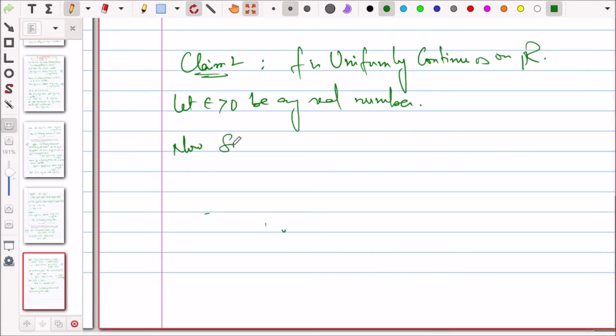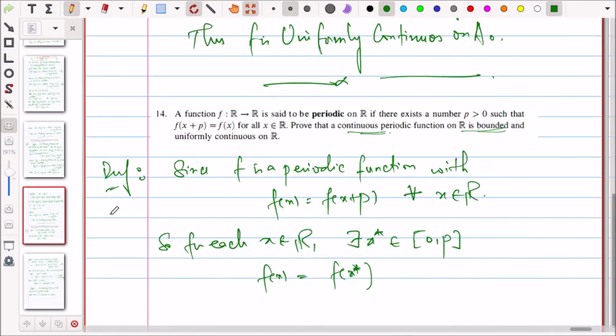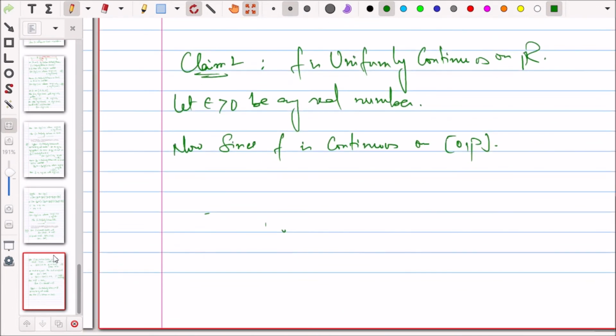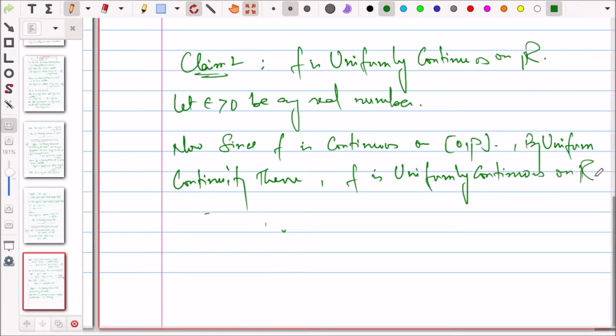now since f is continuous on [0, p], because we are given that the function is a continuous periodic function on R. So the function is continuous on R. So in particular, the function is continuous on [0, p]. So by the uniform continuity theorem, f is uniformly continuous on [0, p]. So therefore there exists delta greater than 0